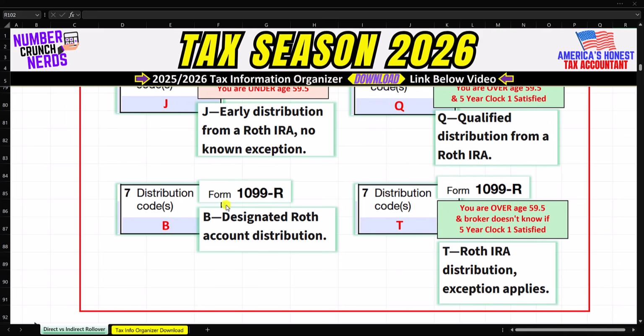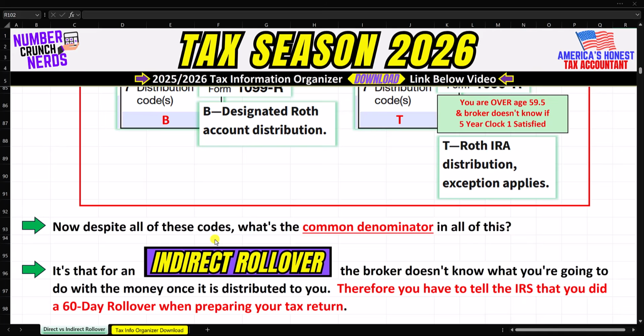And then finally, if we're not dealing with a rollover from a Roth IRA, but rather a designated Roth account within another account, for example, within your 401k, there could be a designated Roth account portion in there. If the rollover is coming from an account like that, you should expect to see distribution code B on your 1099-R. Now, once again, despite all of these different codes, what is the common denominator in all of this for what we are talking about in this video? And it's that for an indirect rollover, the broker doesn't know what you're going to do with the money once it is distributed to you, and therefore you have to tell the IRS that you did a 60-day rollover when